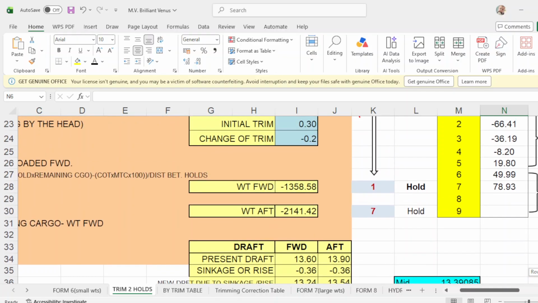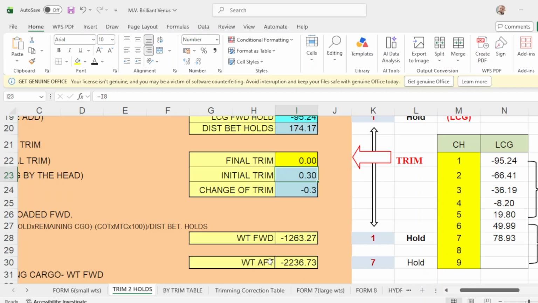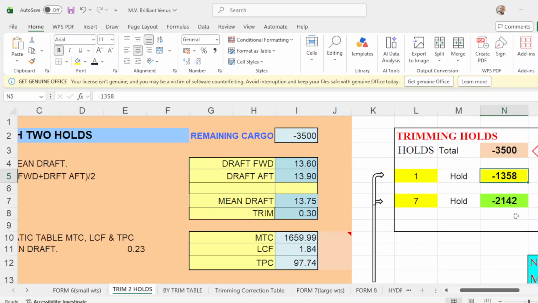You want to make it 10 centimeters, but I want to make it even keel. Put 0. And number 1, how much are you going to discharge? Negative 1,263.